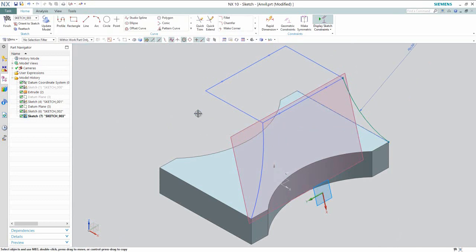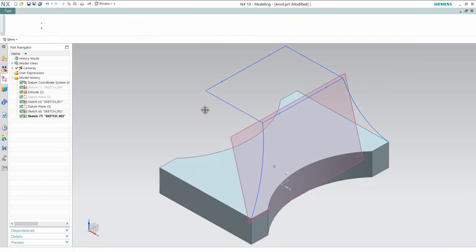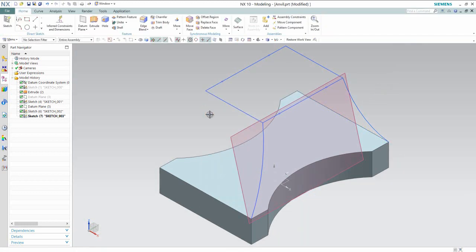Make sure 4 separate arcs are created on this plane by using the new sketch command.